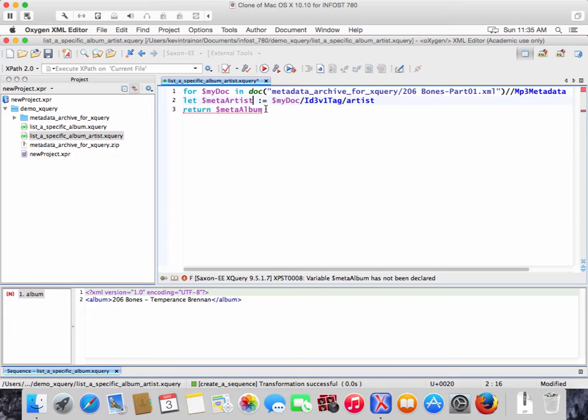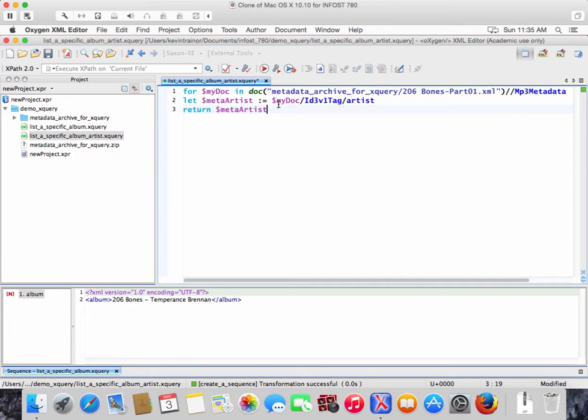Okay, and it doesn't like it that we now are trying to use a variable name we haven't declared yet. And we'll change that to meta artist too, and it will like that. So let's see what happens when we run this. Now,